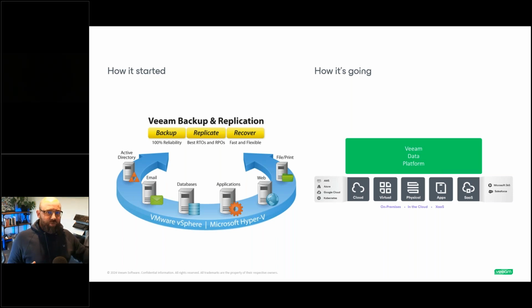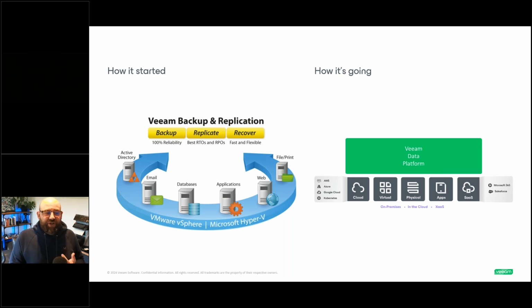We also have physical, which includes physical servers and operating systems such as Linux, Windows, Solaris, AIX, but also unstructured data, object storage. We have enterprise applications, and all of these I'll go through. Some SaaS, some more virtualization hypervisors. Nutanix HV is closely catching up with that Hyper-V and the vSphere. You've seen Red Hat virtualization. You've seen Oracle KVM come out as well recently. There's one more on the hook for Veeam On. I'll let you guess what that is. I'm not going to give it away, because I'm sure this is being recorded.